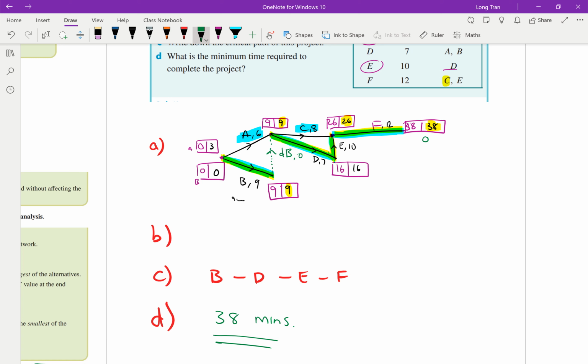Whilst activity A and activity C, they've got a bit of freedom to start whenever. And so that's what we're calculating here. We're calculating the differences, and we know that A can start 3 minutes after, and we know technically if you